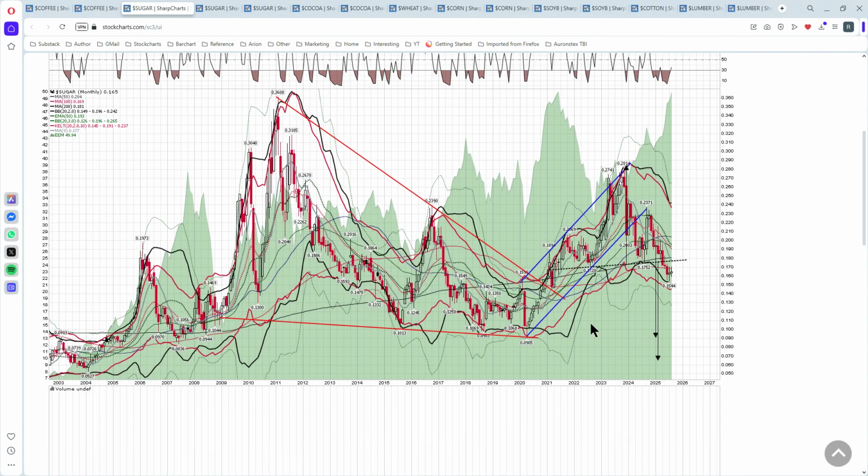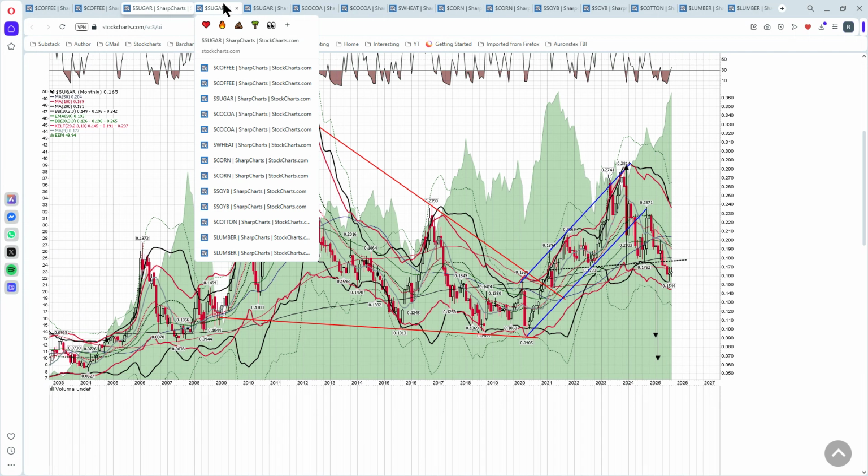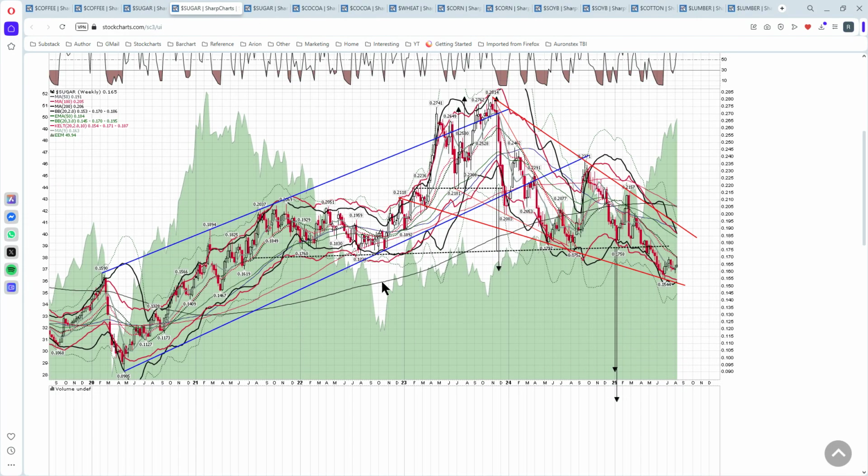Looking at sugar, we still got the apocalypse scenario below, and I'll be mentioning that every week because that's a 6.5 to 9, and if we see a hard breakdown on sugar, that would be the obvious target. Looking at the shorter picture, this could be a falling wedge. We could be bottoming out here, and this head and shoulders, which is broken down, could be failing. To fail, it would actually need to get all the way back up here,